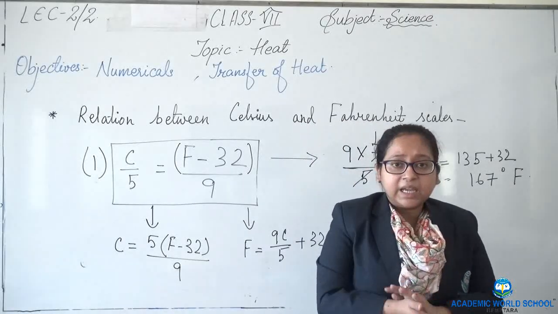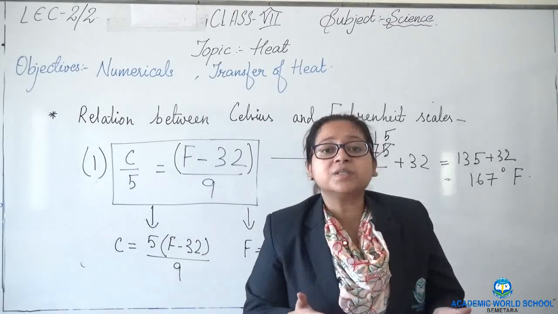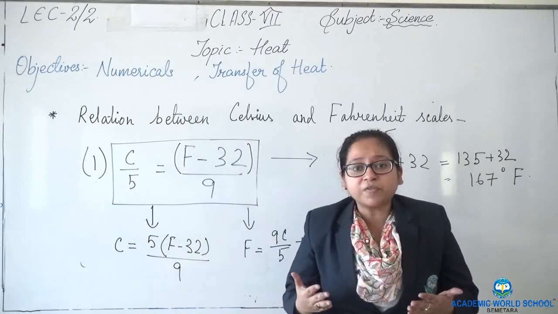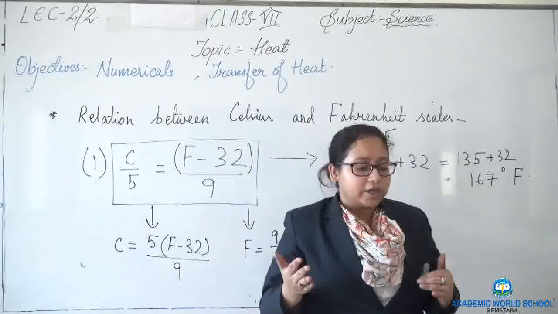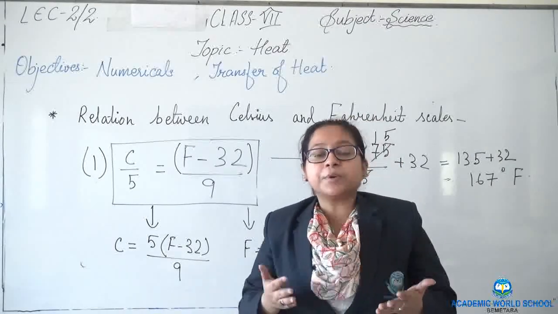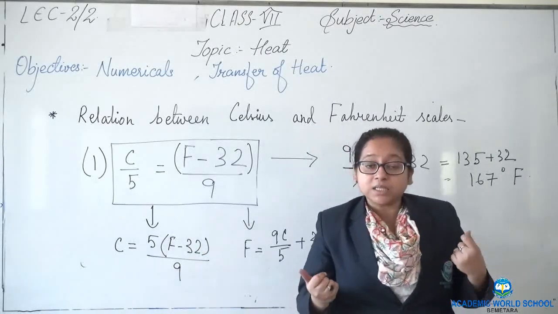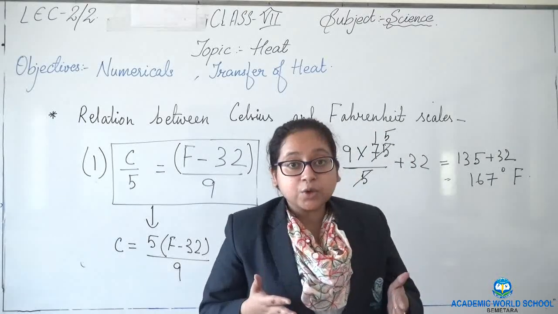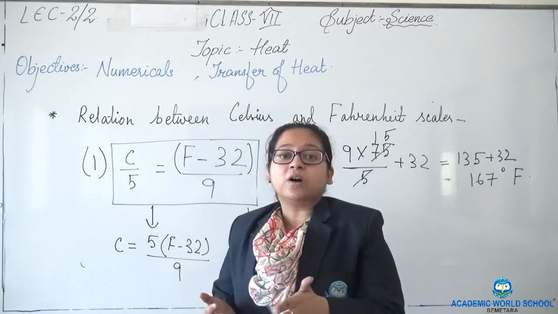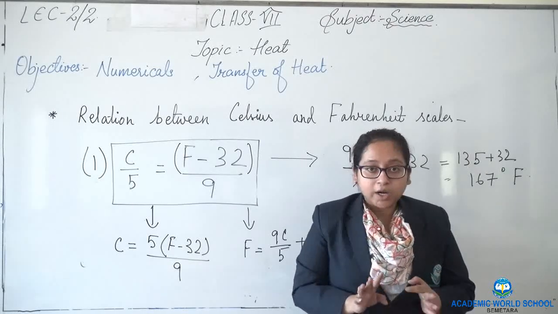Last time we have seen heat and temperature. So now if I ask what is the basic difference between heat and temperature? The first difference is heat is a form of energy which flows from one body to another. And temperature is the degree of hotness or coldness of a body, which we can measure using the device that is thermometer. Now what is the unit for heat? The unit for heat is joule and the unit for temperature is either Celsius or Kelvin or Fahrenheit.